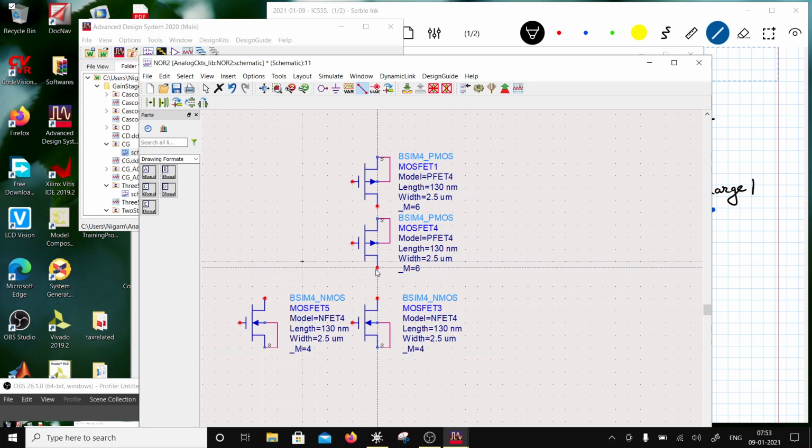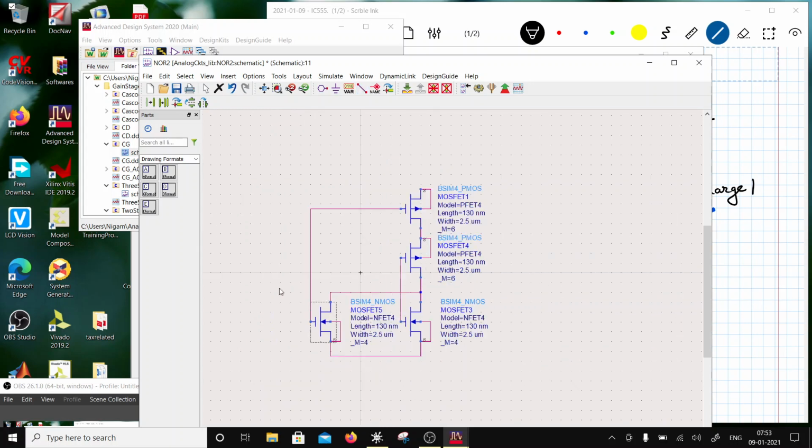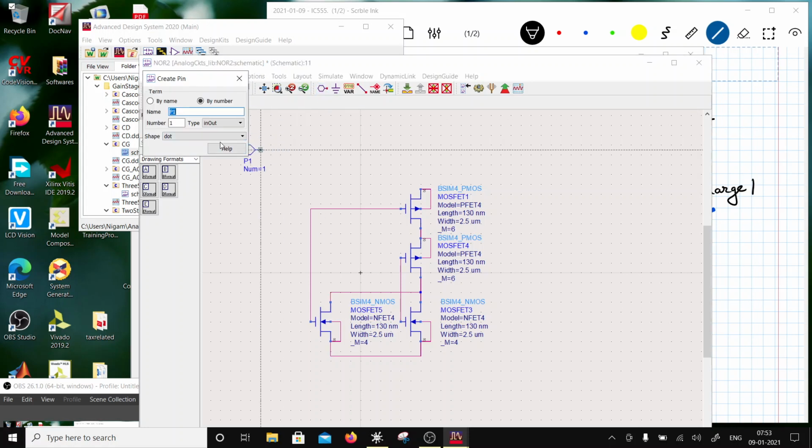Okay, and then these are connected this way, and this is one of the inputs, and this is another input, and this is going to the output, and this is going to the ground. So we are done with the NOR gate. So all I'm going to do is I'm going to put here some pins. Okay, pins are going to be VDD,